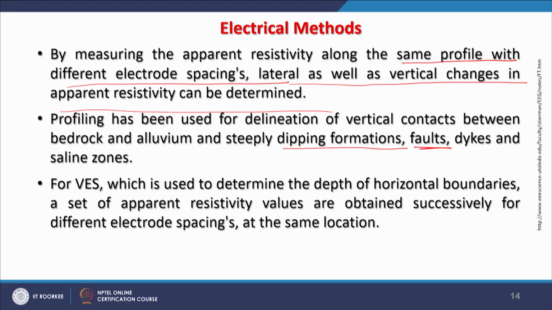In case of vertical electrical sounding, VES, which is used to determine the depth of horizontal boundaries, that means we are going now to know about the extent of a formation or an aquifer, in which the set of apparent resistivity values are obtained successively for different electrode spacing at the same location. So, suppose a 50 meter profiling has been done at one line, but now the movement of these electrodes would not be along the same line, it would move ahead. So, if a 50 meter area is there, then after a few such profilings we will have a complete idea